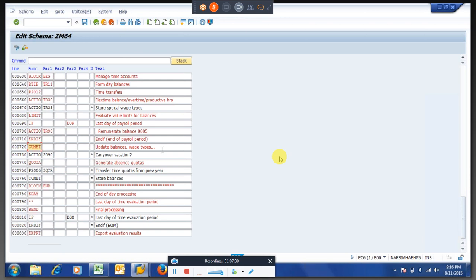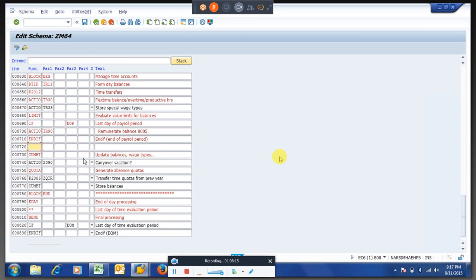If you see the text of the things, it will update the balances, the time tables and wage types to ZL. Okay, so whatever the PCR we have written is related to generation of quota, and we have to insert it here. If you see, there is an IF function, start or here, IF VOP, and ENDIF. So there is a condition they have put: if end of the month or not, end of the period or not. If end of the period, this PCR will read. Let us say if you insert your PCR somewhere here, your line won't read. So I will insert it somewhere above, just above the CUMBT function.